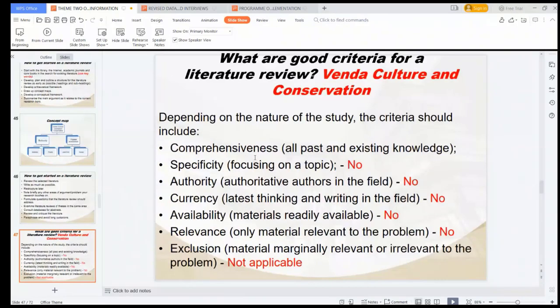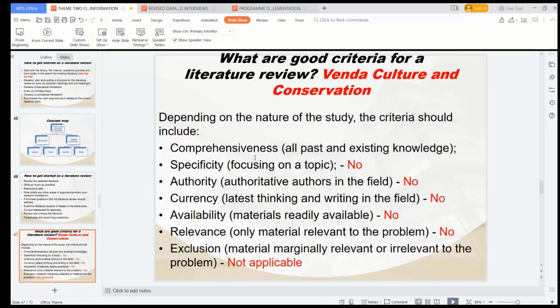Now, what are good criteria for a literature review? And I think after this slide, we will have to pause. And here again, I want to make reference to the Venda culture and nature conservation. It's a case study that I'm trying to indicate here. Depending on the nature of the study, the criteria should include comprehensiveness. There, I don't have a comment. And